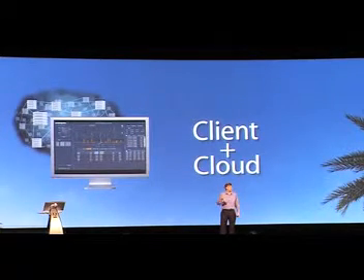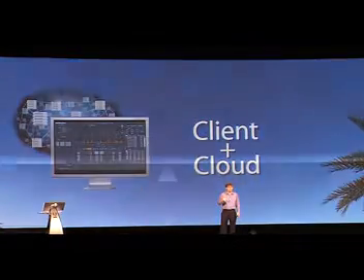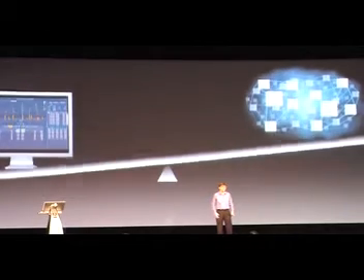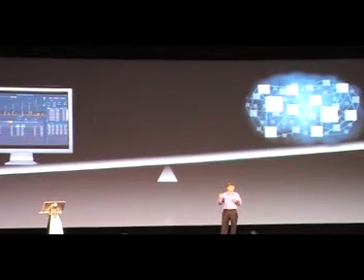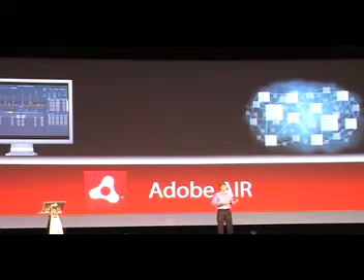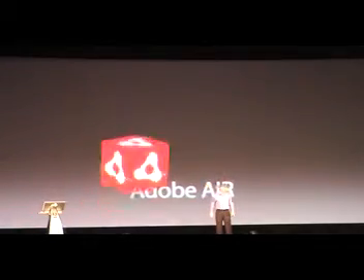And we're enabling this next level of capability with AIR, which works alongside whatever browser you have installed across operating systems, and it really balances client computing and cloud computing, enabling you to run applications locally on your computer, take full advantage of your local processing, and reach out to an array of different services and blend those seamlessly inside your application. So it's very much a balanced approach we're taking with AIR.